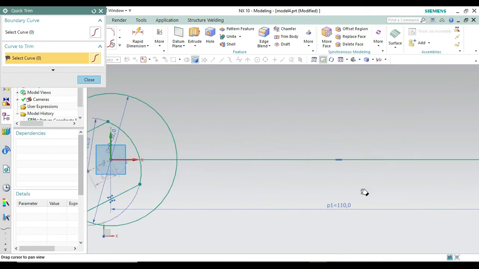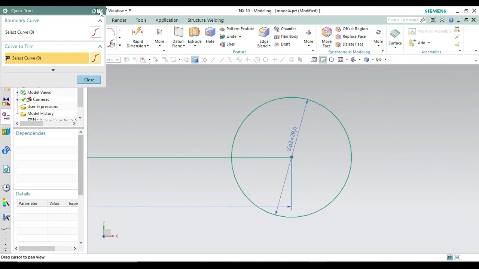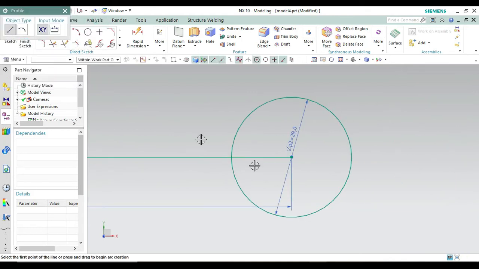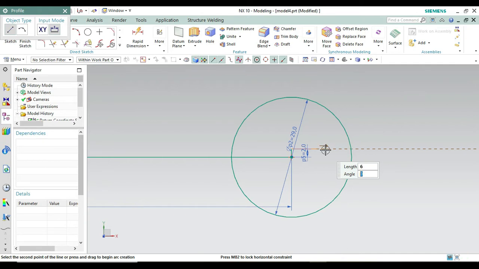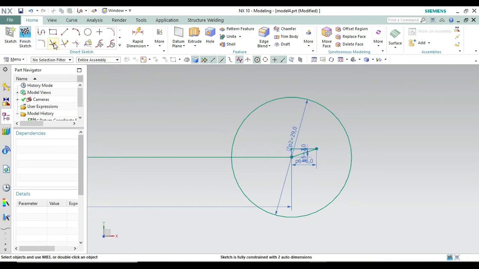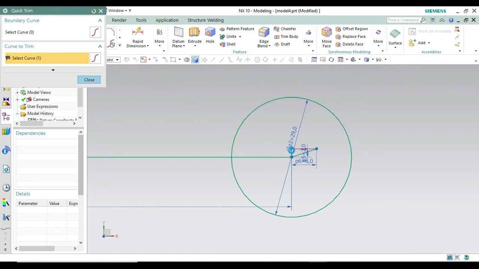Now move to second. Okay, cut it from here. Use the profile again for the same pattern. Go up to down to 2 and angle 290, and here 6 length and angle 0, and connect these two. Okay, now cut this one. Okay, trim these two extra lines, this one and this one.